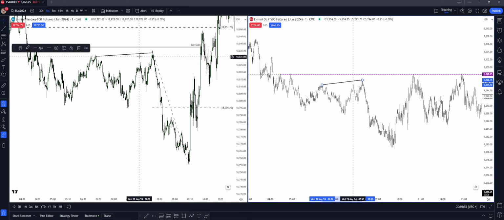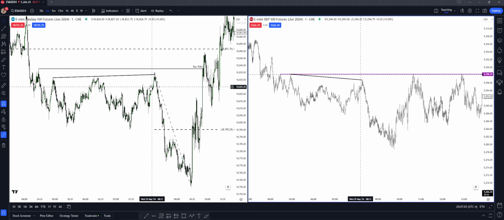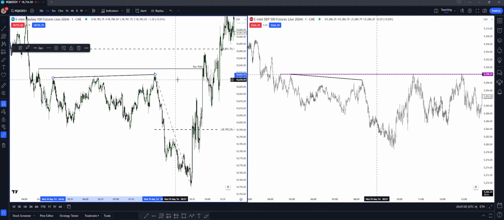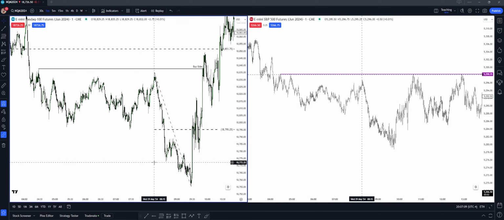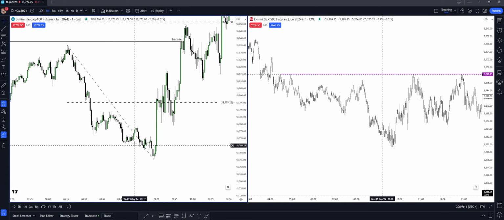Here, this one, which was the 15-minute S&P divergence. Again, this is not a divergence on the 1 minute chart. Okay, I'll delete that. So at open,